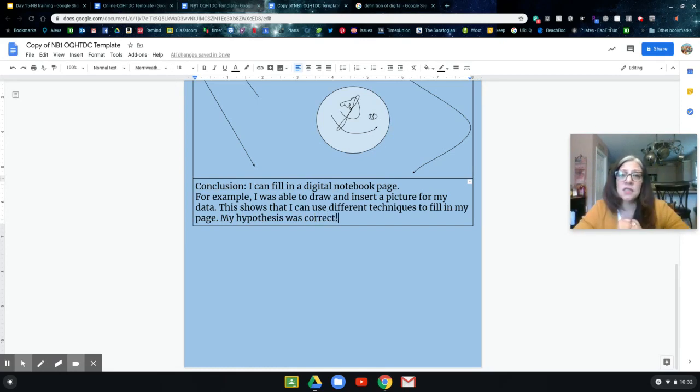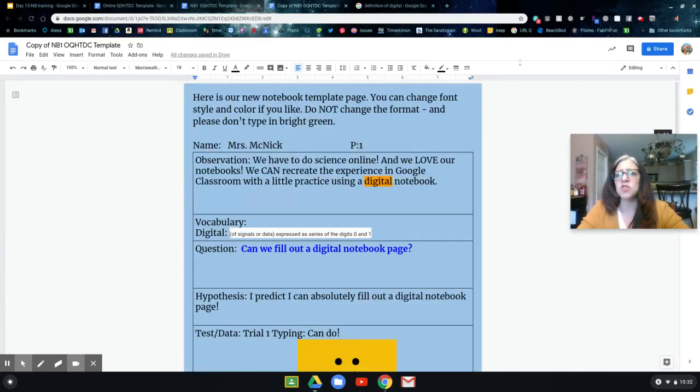That's it, guys. That's what you have to do today. Don't copy my work. Please do your own work. And then I'm just going to click. When you do it, there's going to be a button up here on the upper left that says turn in. Click that button and it will automatically attach it to the assignment and you don't have to do anything else. In my teacher screen, I'll open the assignment and I'll see all of your lovely names turned in, and I can click it and I can see your notebook page, okay? Look how easy that was.